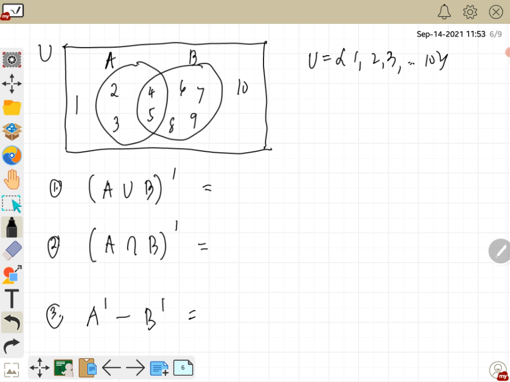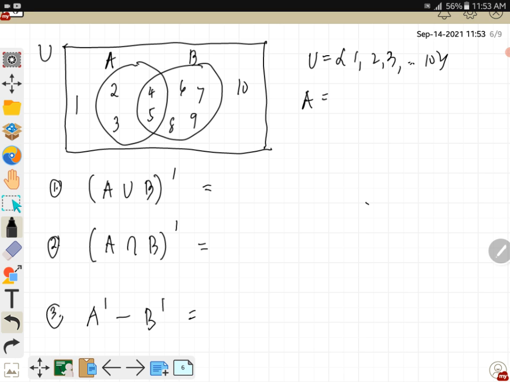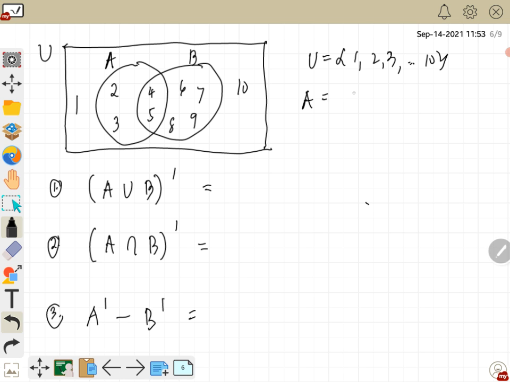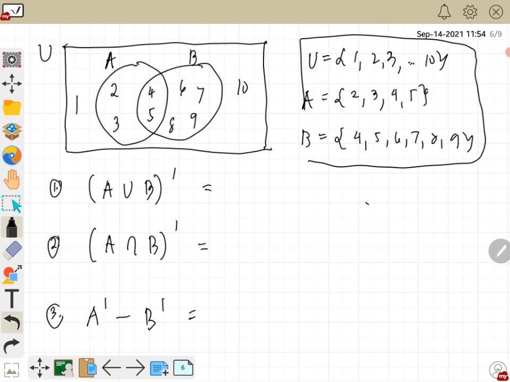Okay, then we have our A as 2, 3, 4, 5. Remember that 4 and 5 are common elements of A and B. B is 4, 5, 6, 7, 8, 9. So this one is not necessary to list down, but it may help you